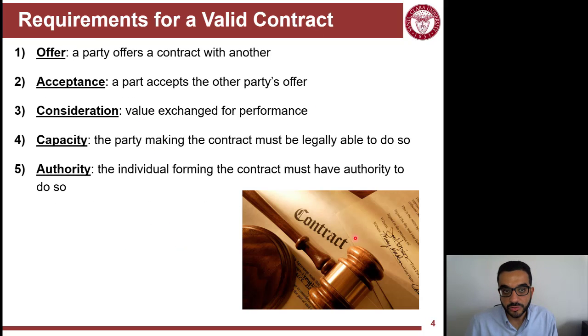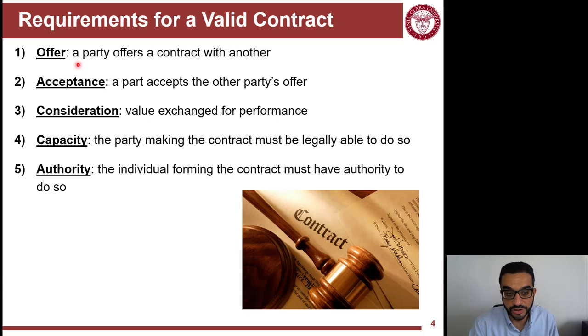Now, the next thing we need to learn about is what forms a valid contract. First, there should be an offer. One party has to offer a version of the contract. And then there should be an acceptance of that offer from the other party. There should be consideration, meaning that there should be some kind of exchange in return for a performance. So if you're going to do that, I will give you this in return. It can be monetary value, it can be services in return. So there should be some kind of give and take. That's the meaning of consideration.